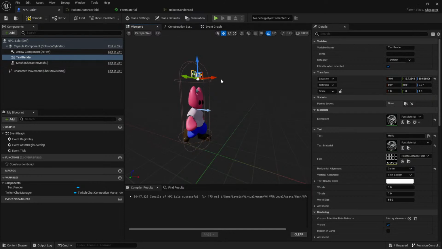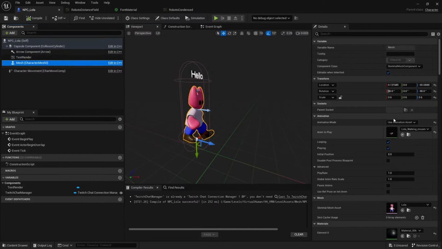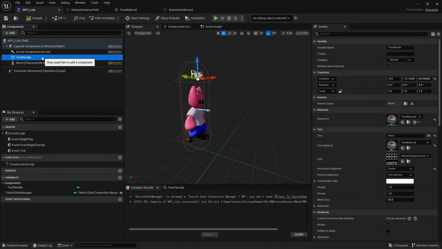also follows us. So super quickly, we have created a character blueprint with Lola's mesh assigned with an animation asset and a text render. So we have the basic qualities of a